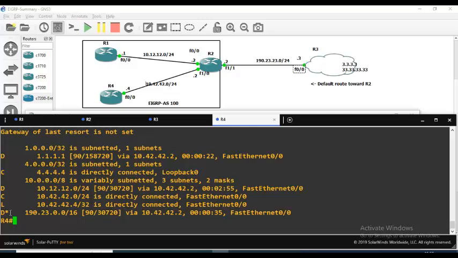Default network means if I have a packet to forward with a route which I don't know, I can forward that packet to the default network. Do you know 3.3.3.3 in this routing table? Do you have it? No. But you see, when I ping 3.3.3.3,